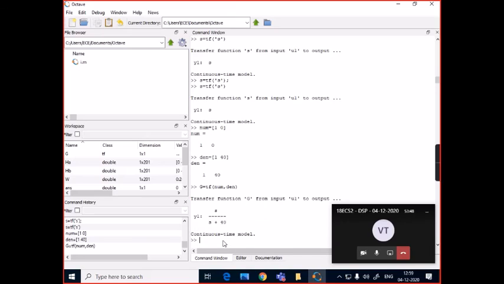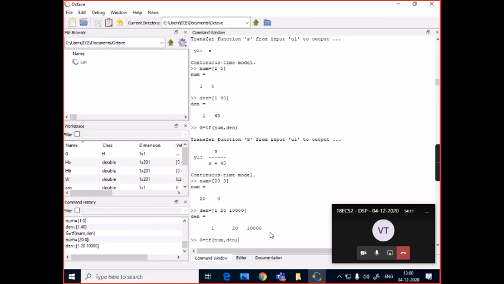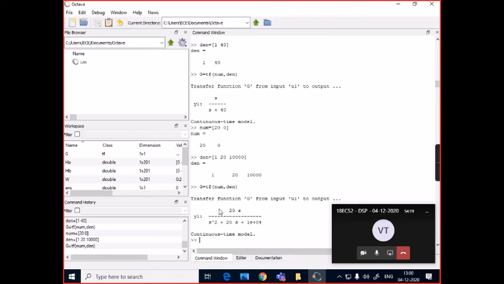Are you all able to see this? Yes, sir. Likewise, I can display the transfer function of the band pass filter as well. The numerator coefficients were 20 and 0. Denominator coefficients were 1, 20 and 100 square, which is 10,000. Use TF of numerator coefficients comma denominator coefficients, and you will get the transfer function of the band pass filter, that is 20S divided by S square.